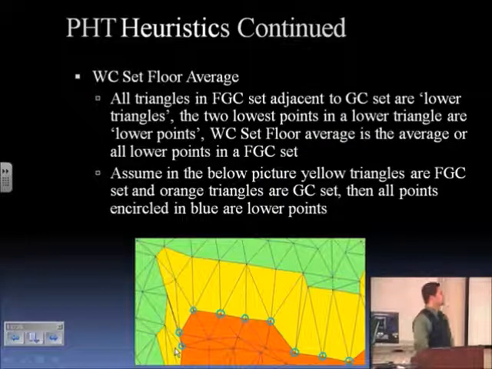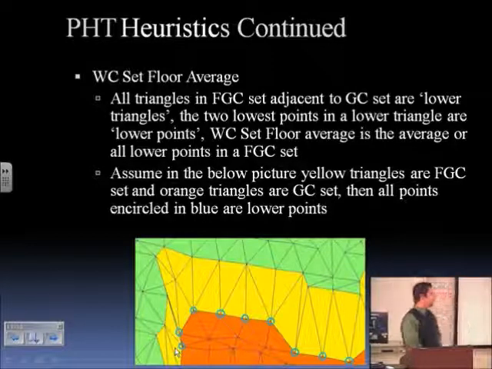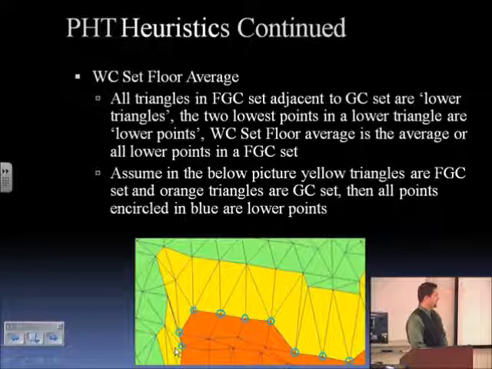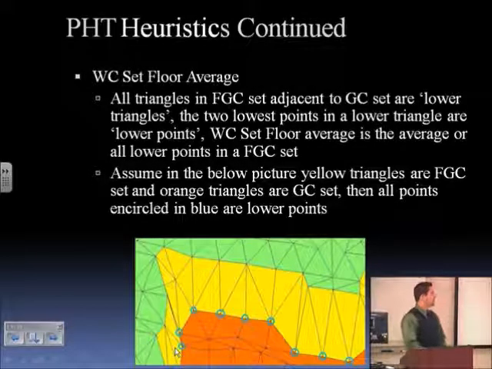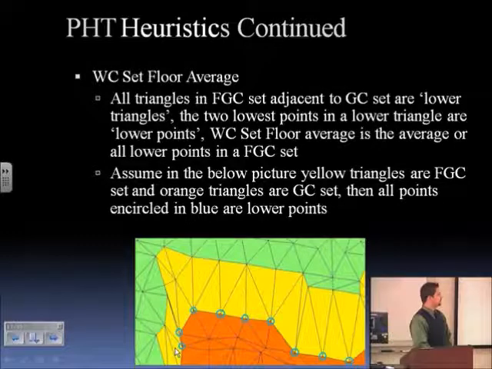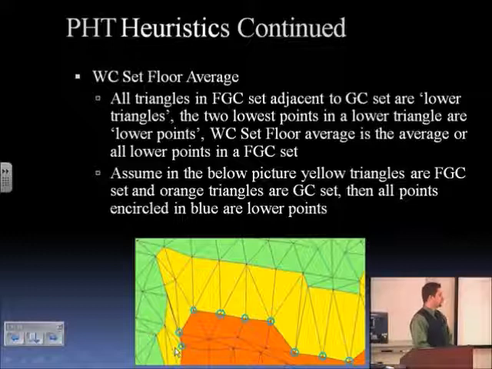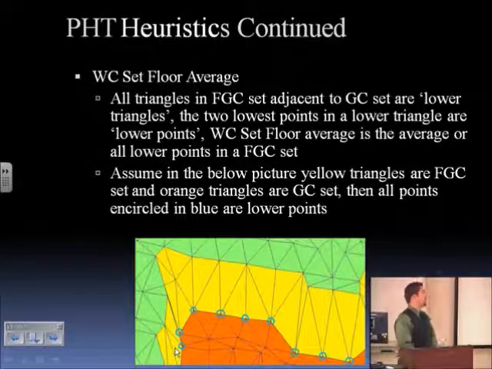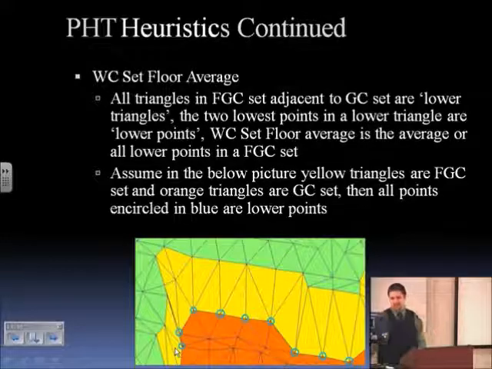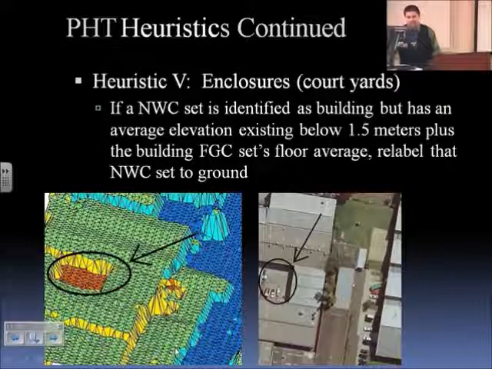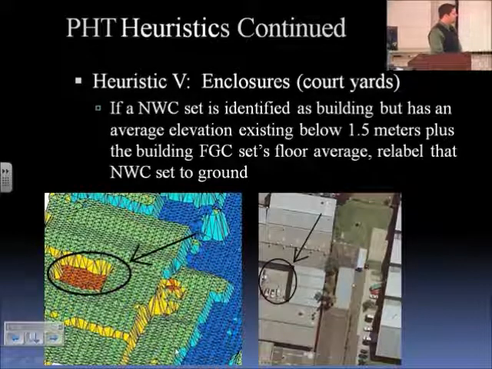There's a couple of other heuristics and phenomena that we'll wind up implementing. Let's say you have a first-generation connected set here, and let's say the orange is the ground, the first-generation connected set is a wall-connected set, and then the green is a non-wall connected set. What we'll wind up doing is we'll look at that first-generation connected set, and then we'll look at all the triangles that are adjacent to the floor or the ground, because we can identify the ground, and we'll take the average of all those points that are adjacent to the triangles to the ground, and we'll call that the floor average. Then what we'll wind up doing is we'll say, okay, if you have what you'll wind up seeing